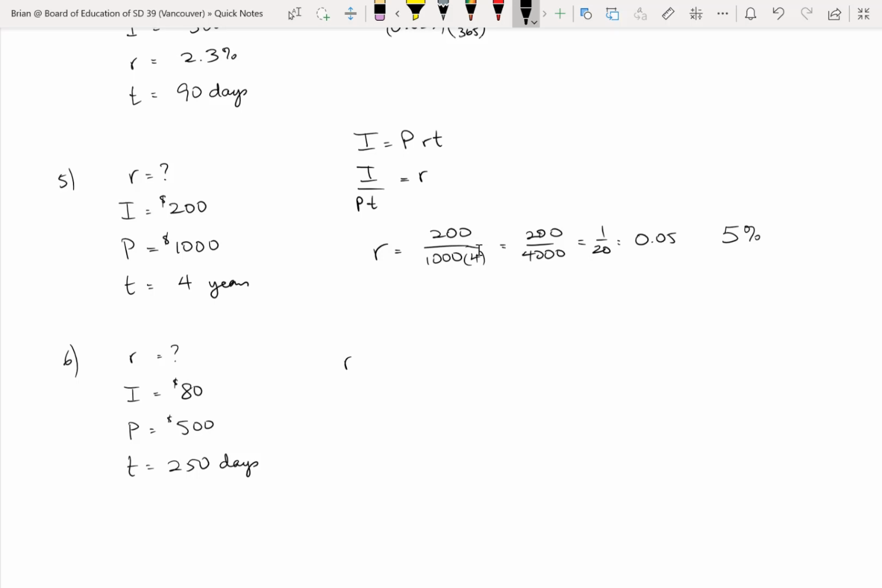And we'll use the formula that we used above, which is the rate is equal to the interest over principal times the time. So in this case, R is equal to 80 over 500 times 250 over 365, that's the time in years. So again, be very careful when you type all this into the calculator to make sure that you are actually calculating the denominator properly, putting it in brackets. This comes out to